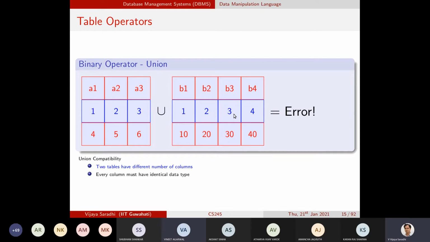Yes. The answer is unknown, right? So which means that I will place 1, 2, 3 into the result set. Once again I will ask the same question. Is 1 null 3 present in any of these records in table A? The answer is not known. So I will present that one in the union table, which means that 1 null 3 also will be part of the result set of the union operator.